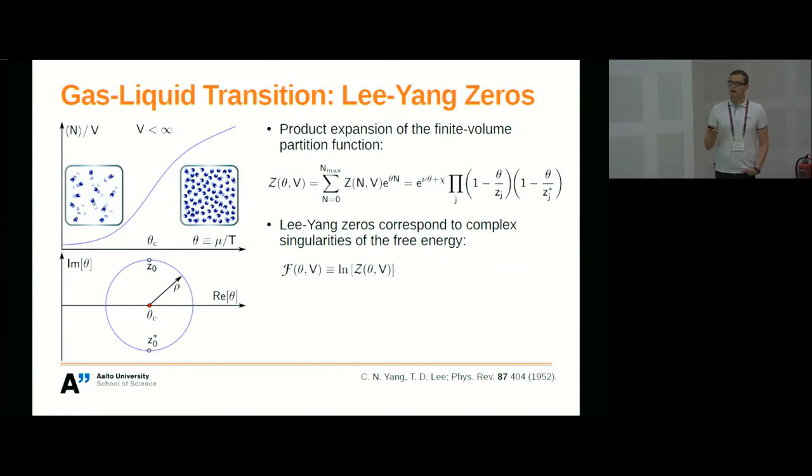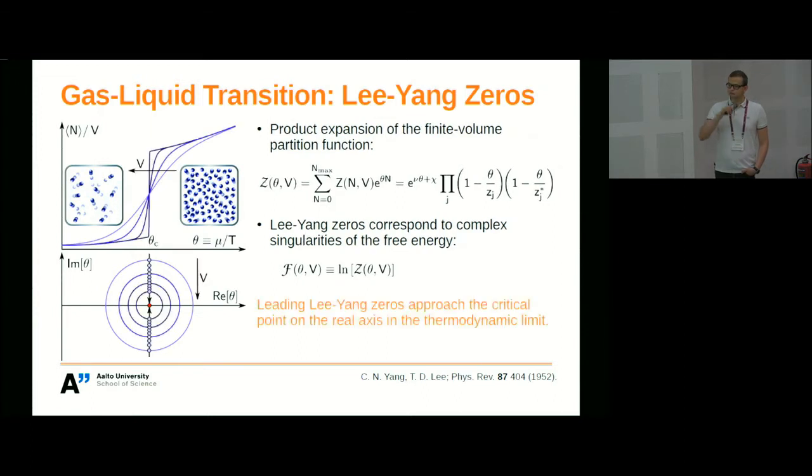Now we increase the volume, of course. And what happens, and this is quite generic behavior, is that the leading Lee-Yang zero starts to move closer to the real axis as the volume of the system becomes larger. Please make sure: what you see here is the trajectory of the leading Lee-Yang zero as a function of the volume. Of course, there are many more zeros out there, in particular in the limit where the volume goes to infinity there are infinitely many, but here we only care about the leading one, the one which is closest